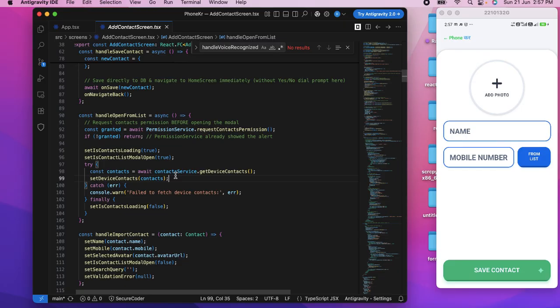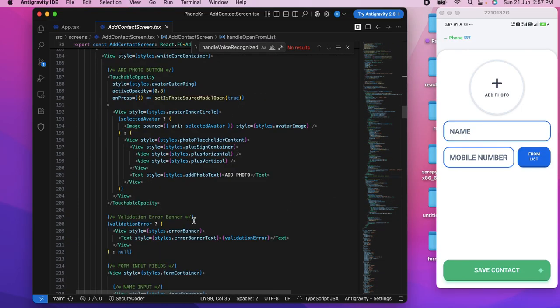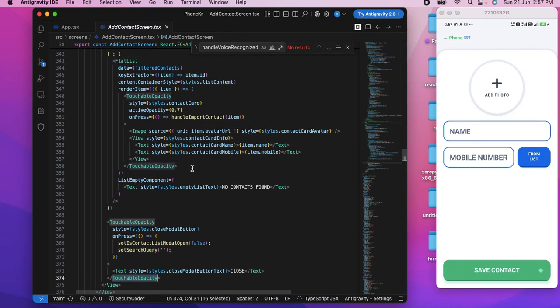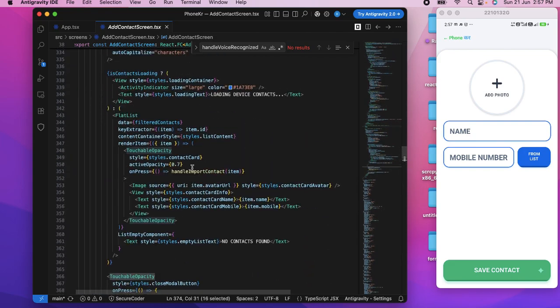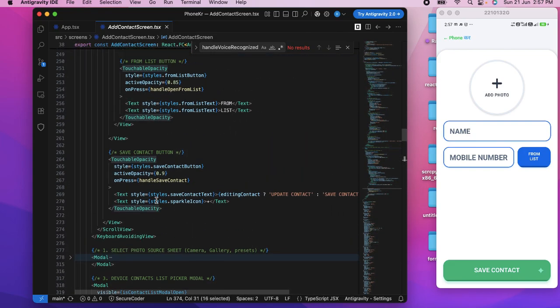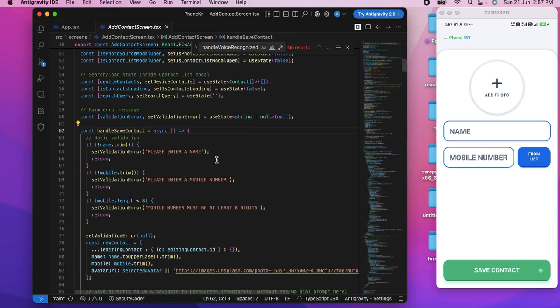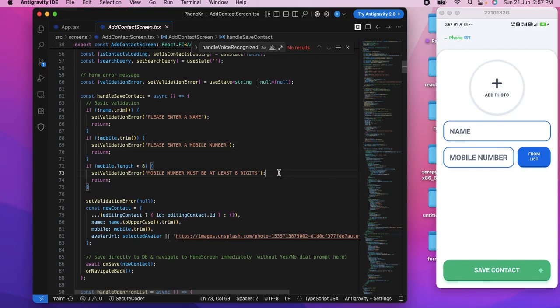Okay, so when the user clicks on the save button, we are calling our inbuilt function which we created. Okay, and where is it? I think this is the code. Yeah, it is there. So we need to click handle save button. Then some validation we are doing: you need to enter your name, mobile number, and mobile number validations.